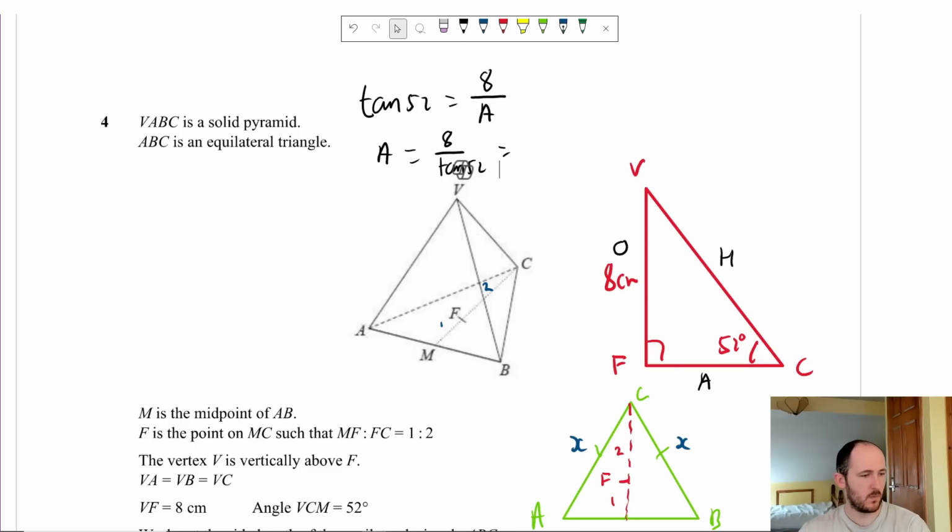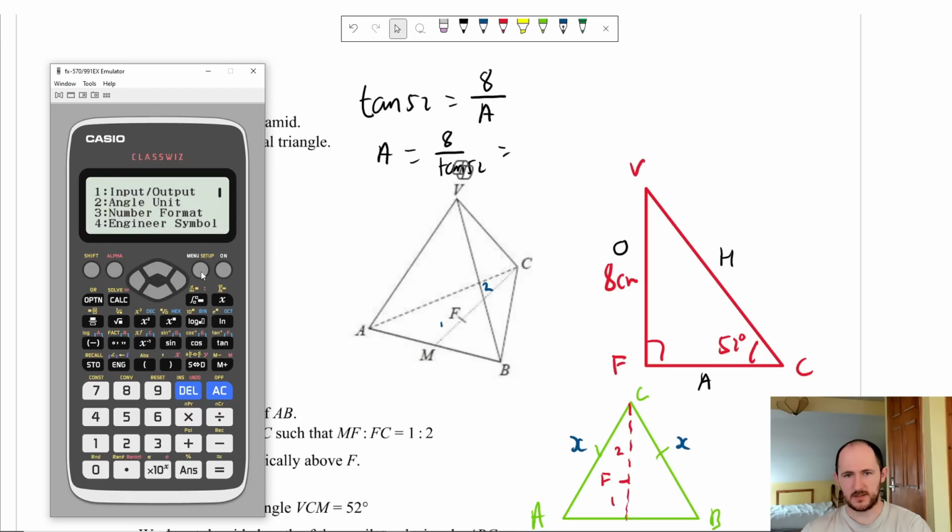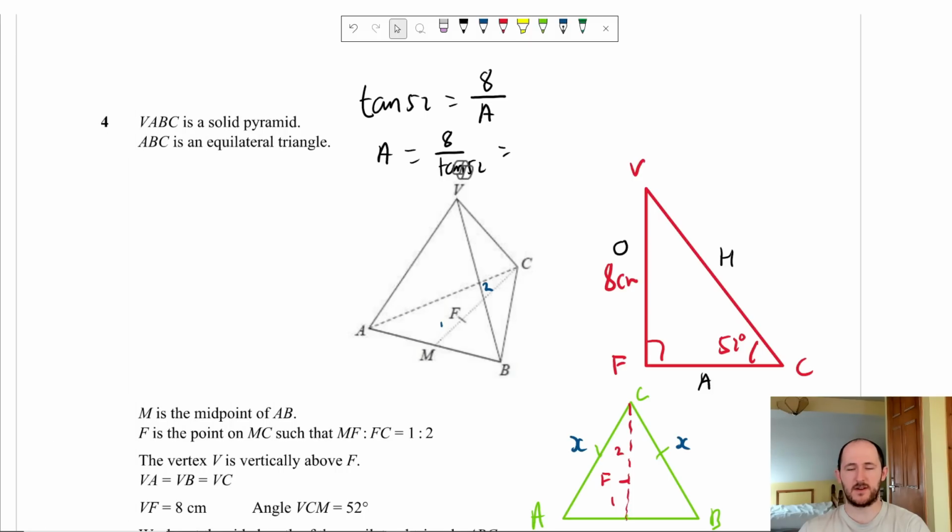So let's quickly whip out our calculator. I'm in radians mode because my calculator hates me. So shift, menu, angle unit. How did I tell? By the way, there's a little R here. Now there's a D. That's what I want. I don't want the R. So you need to check that in your calculators as well, because if you do everything in radians, you're going to have a bad time, and you're not going to be able to tell. That's 6.25